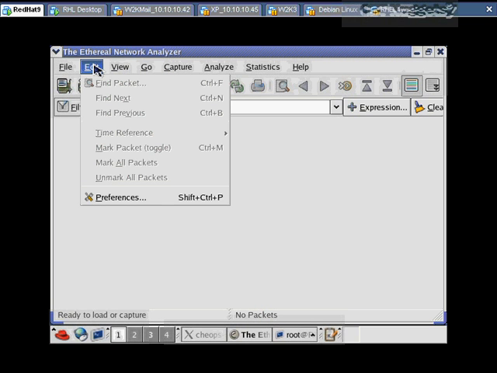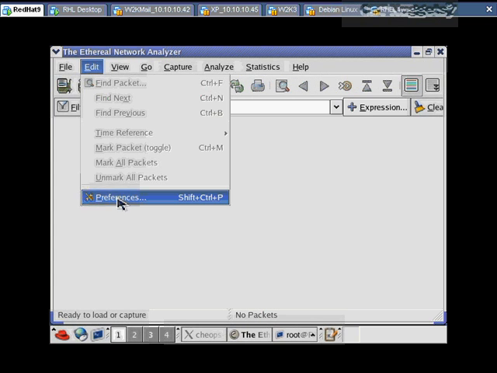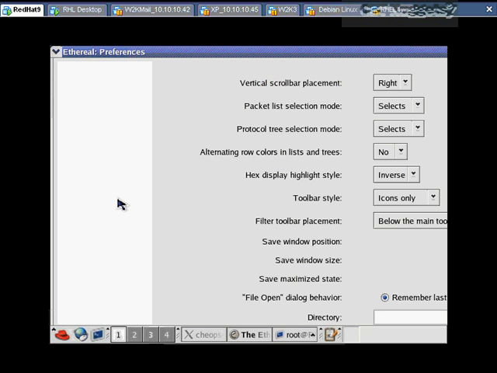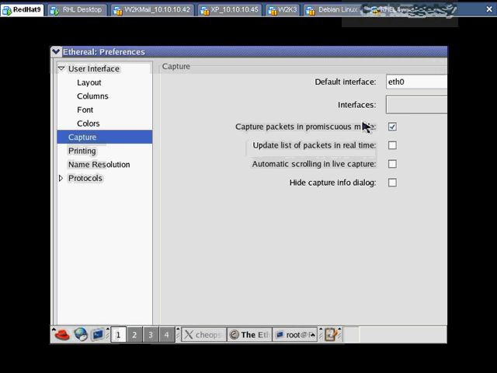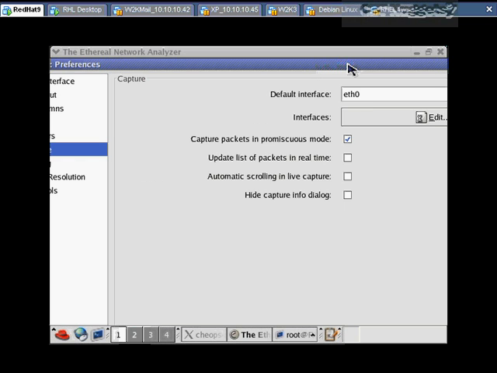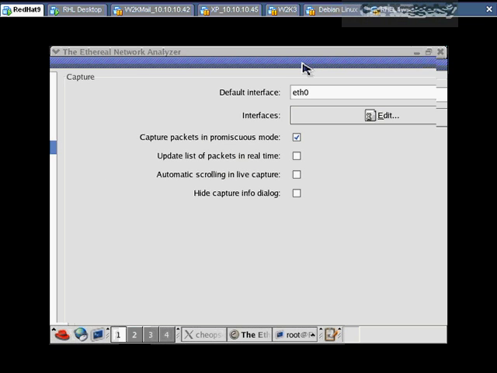So I'm going to go to Edit here and Preferences. This will be a permanent selection of my network interface. Otherwise, I could just go to Capture on the menu up there and choose one for only this session. In any case, I'll select one right here, and I'm going to identify which one I need to use. So under the Capture item, we don't have much screen space to work with here, but we've got my Ethernet 0